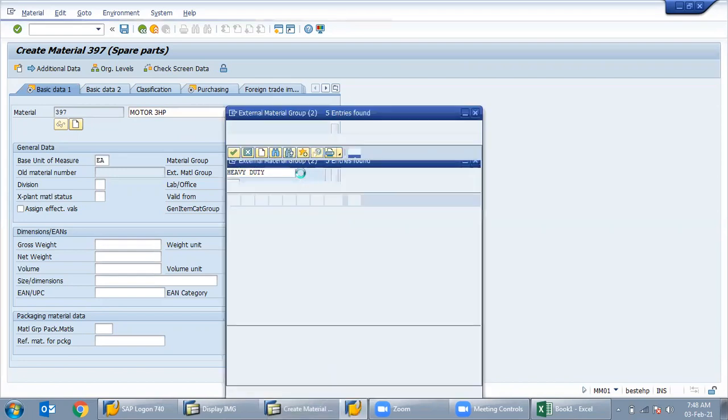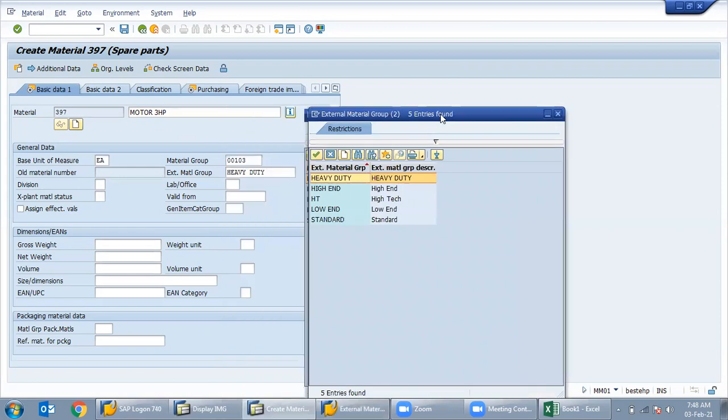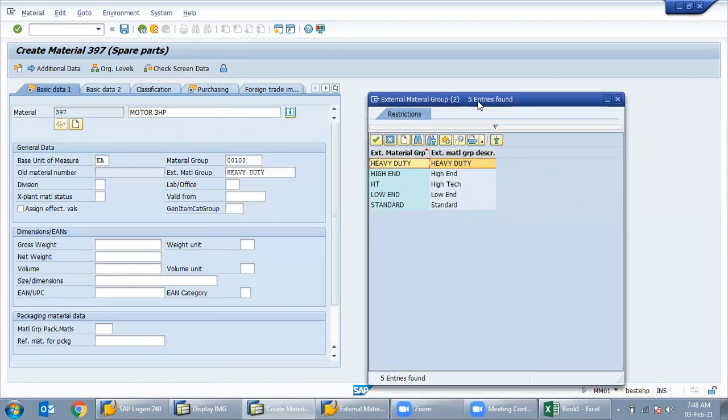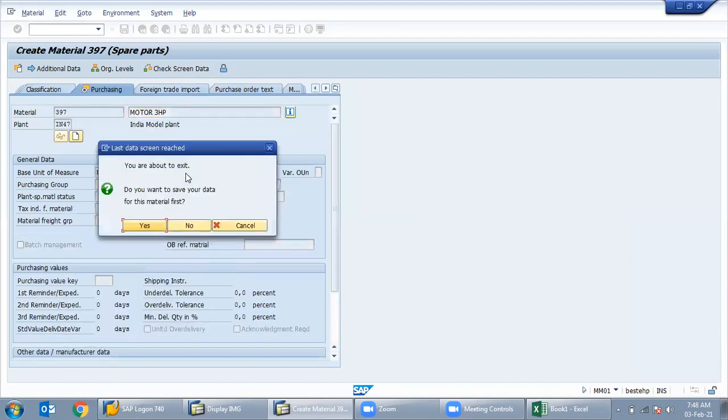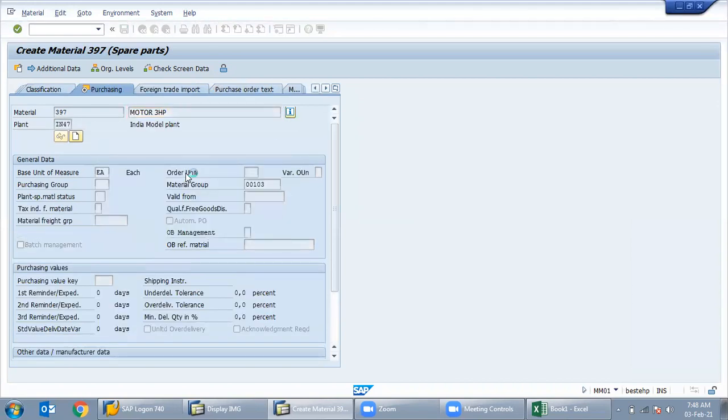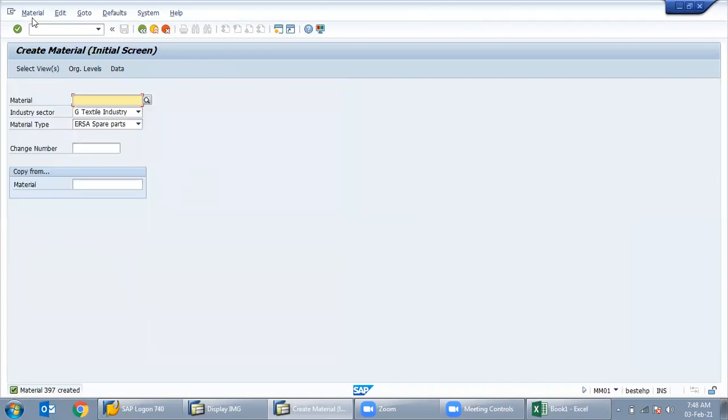The vendor will say please mention what motor you require, ordinary or heavy duty. So I have selected heavy duty. When you select, enter and save, see, the material code is created with heavy duty.